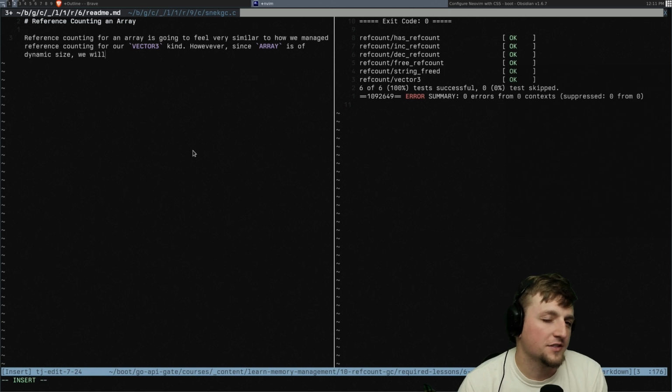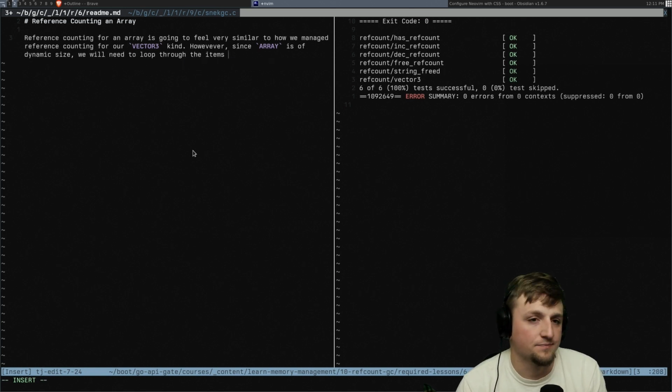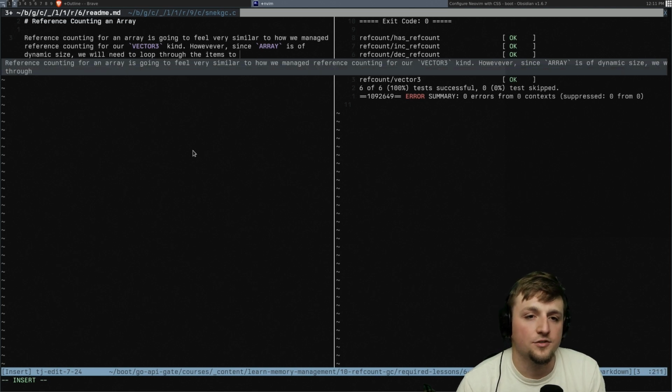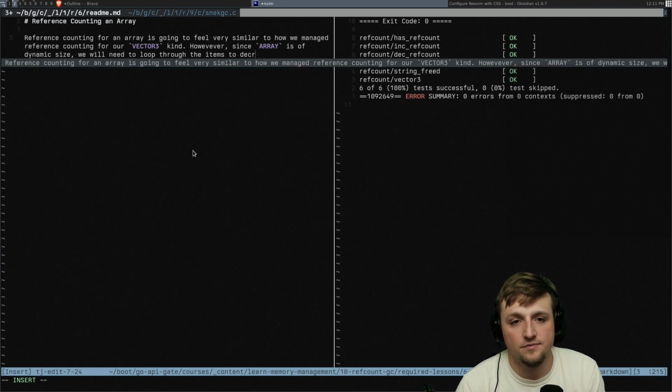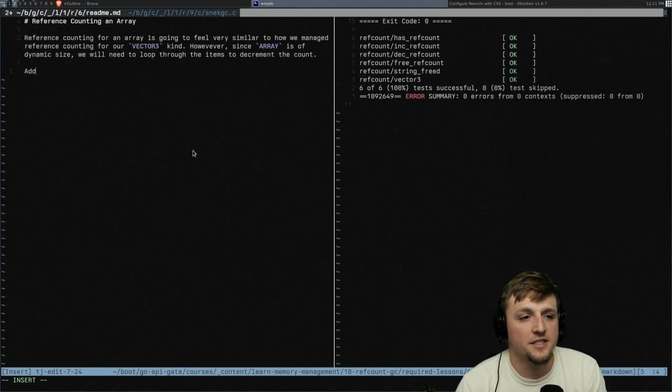We'll just say we will need to loop through the items to decrement their count. Additionally, since the way we make the array in our API is using new snake array,